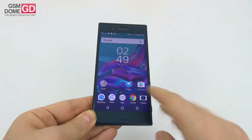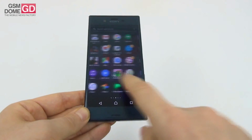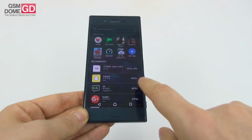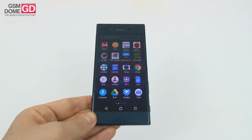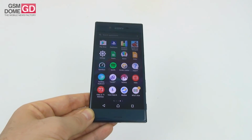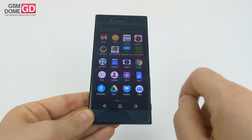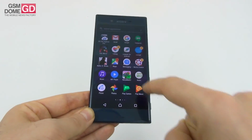There is also encryption on the Sony Xperia XZ, and when it comes to the pre-installed apps list, we're facing a bit of bloatware here. So aside from the apps that are pre-installed or those that you can search, I counted a total of 46 apps that's clearly bloatware. Among the most useful were this PlayStation app here, and also the ability to control the PlayStation 4 remotely. There's the antivirus AVG here somewhere, here it is, AVG protection, augmented reality feature, Amazon shopping,